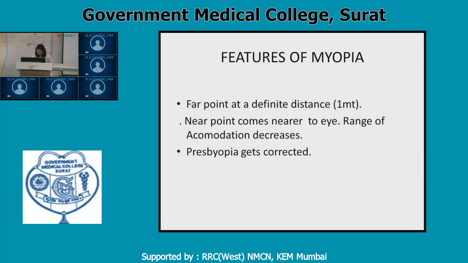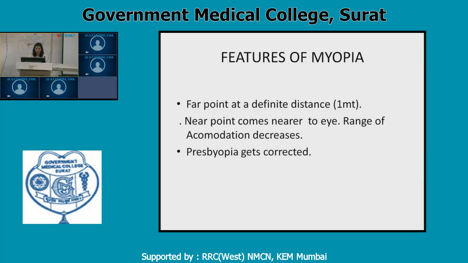They don't require them. Because of the minus correction, this presbyopia gets corrected in these persons, and they get presbyopic glasses at a later age because the plus and minus numbers get neutralized. So myopic persons get presbyopic glasses at a later age. Say a normal emmetropic person is getting a reading glass at the age of 42 to 45 years, then these persons may get it at the age of 48 or 50 years. Myopics get presbyopic correction at a later age as compared to a normal emmetropic person. So these are the clinical features of myopia with which the patient comes to the doctor.